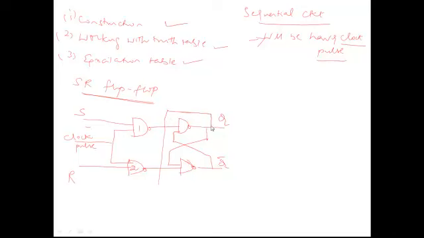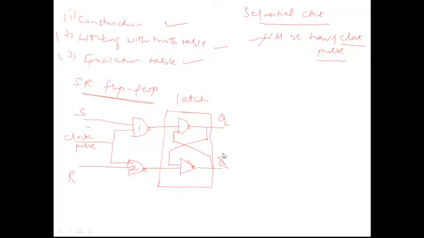We will discuss the latch later. The difference between latch and flip-flop is, a latch will work without a clock. A latch is also a memory which stores 1 bit without clock pulses, whereas a flip-flop is a memory which stores only 1 bit but with the clock pulses. We will discuss the latch more when we come to asynchronous sequential circuits. As we are seeing synchronous sequential circuits, the synchronous clock is very important. So here we are drawing a clock. This S and R is driven to the latch, and from the latch we are getting the output Q and Q bar.